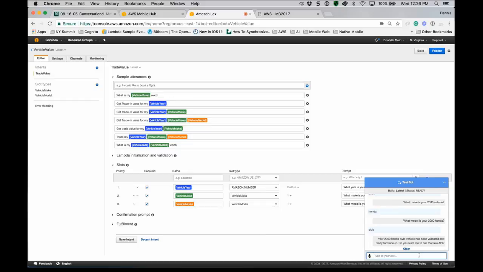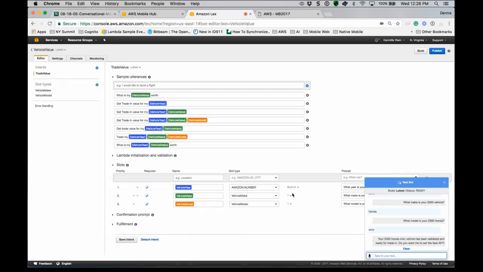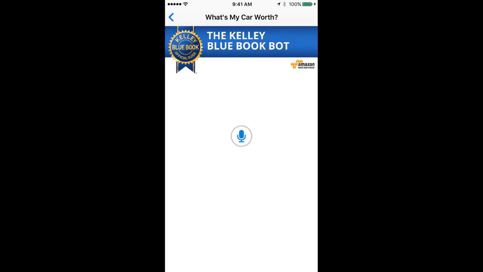So the idea is that's all coming from Lambda, and I could show you that Lambda function in a few minutes. It's just taking these pieces from Lex, translating them into these values, and then returning this value. And then the same thing with a voice interaction. I'll show you the voice interaction real quick. Let's go ahead and play the demo video, and then you'll be able to see the voice interaction with